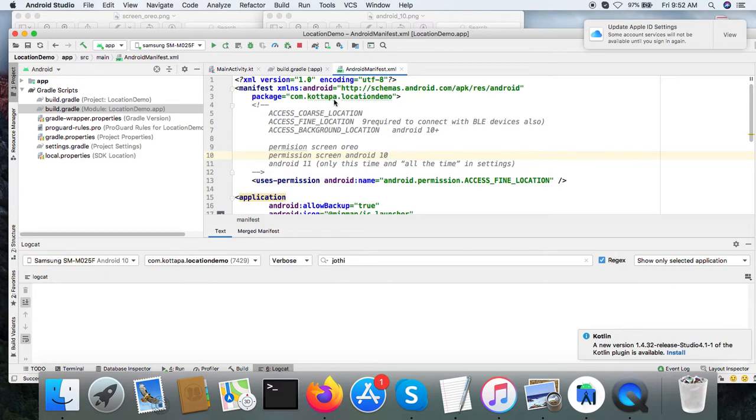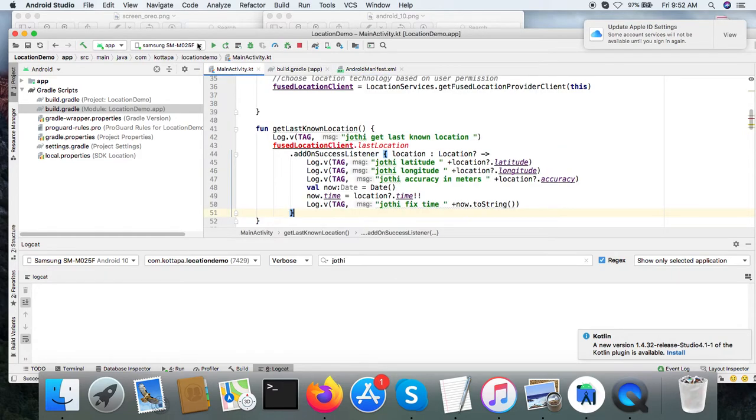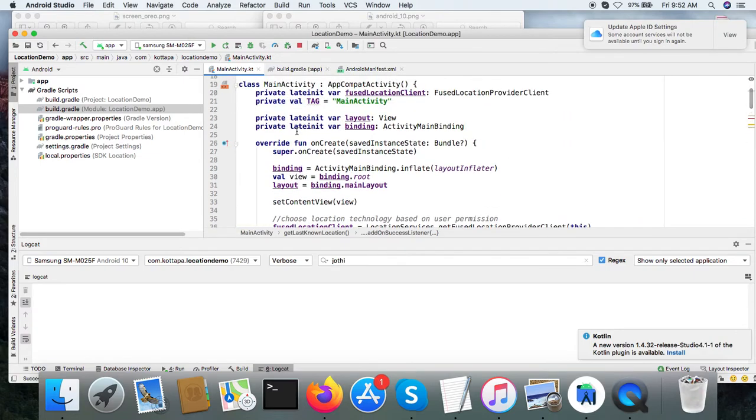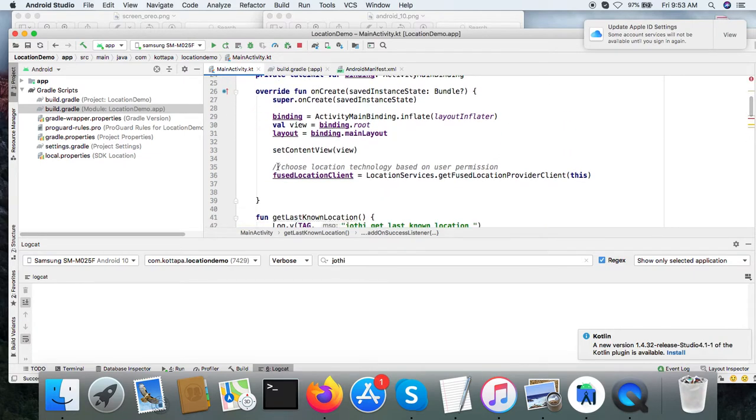So now go to the code. Here I am using fused location service client. What that client does is, based on your requirement, it chooses the location technology. That is, mobile can get you the location information based on Wi-Fi network, based on the cell tower it is registered to.